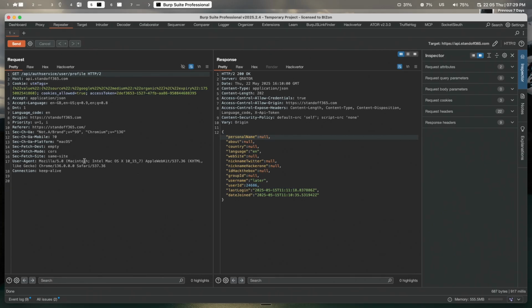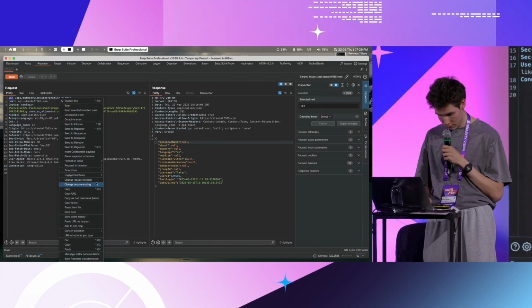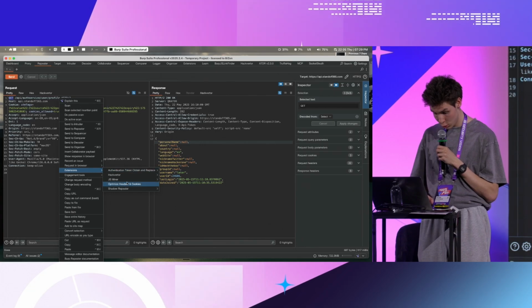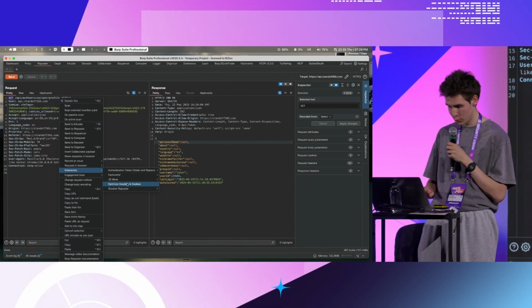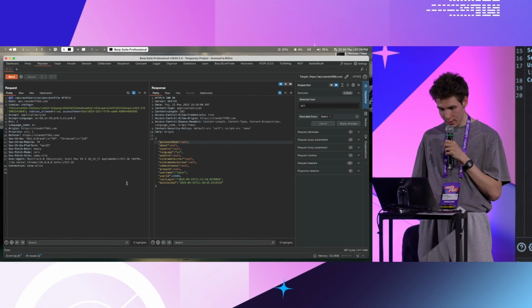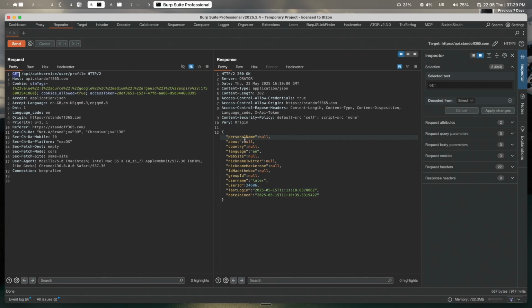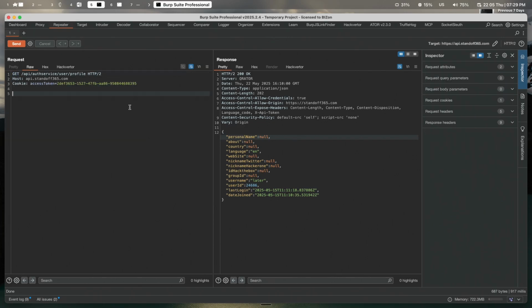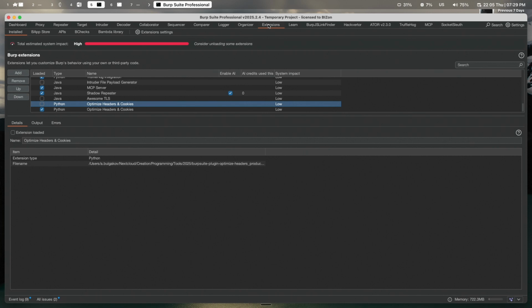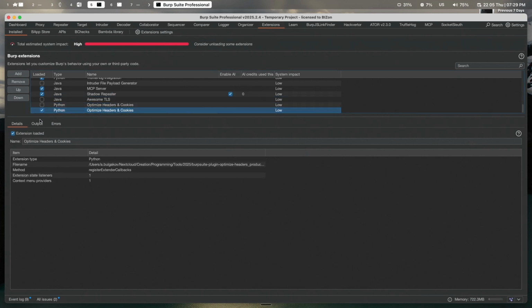Now, remember the prompt I used. So call out an extension. And you can see it actually has optimized header and cookies. Then nothing happens. How come? No, something's happening, see? Why is that?